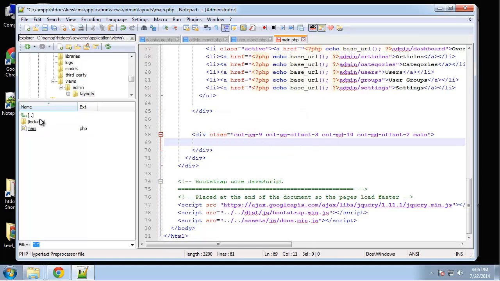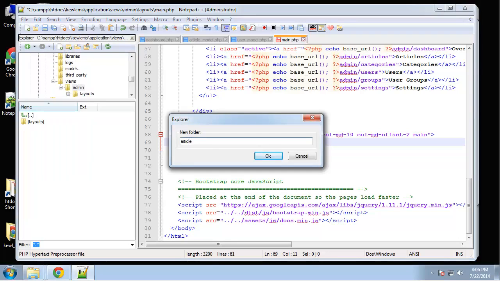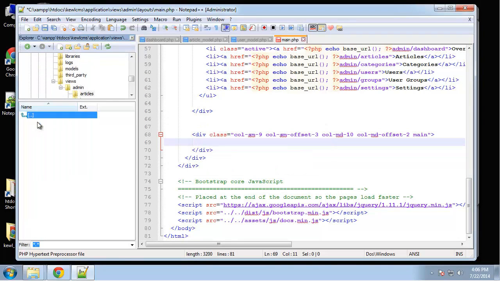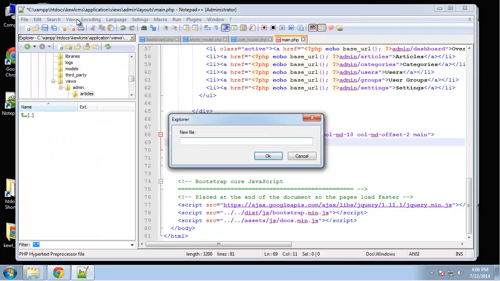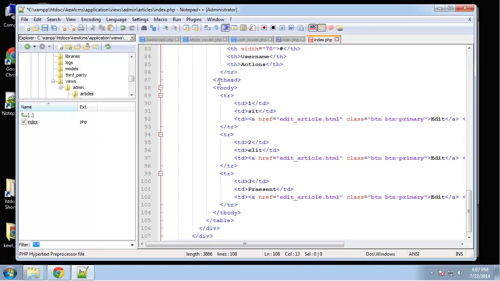And I'm going to put this into the articles index view. So I'm going to create a new folder called articles, okay, and a new file called index.php, and I'm just going to paste that in there for now and save